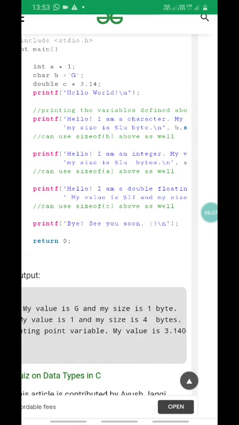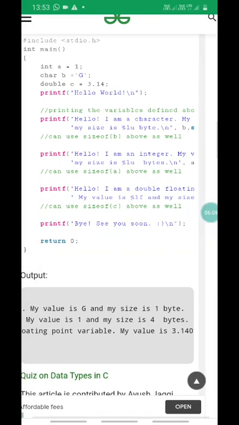The next statement is the same as for the character, but the format specifier and size of the integer are different.